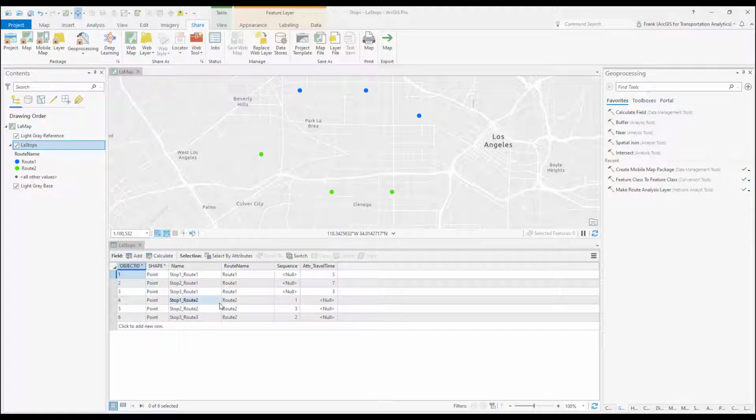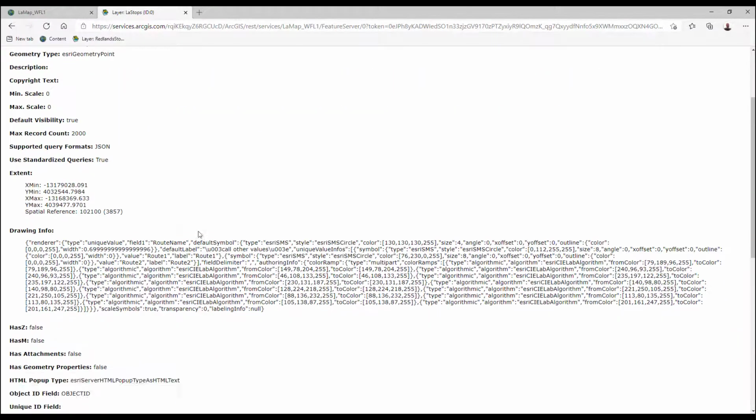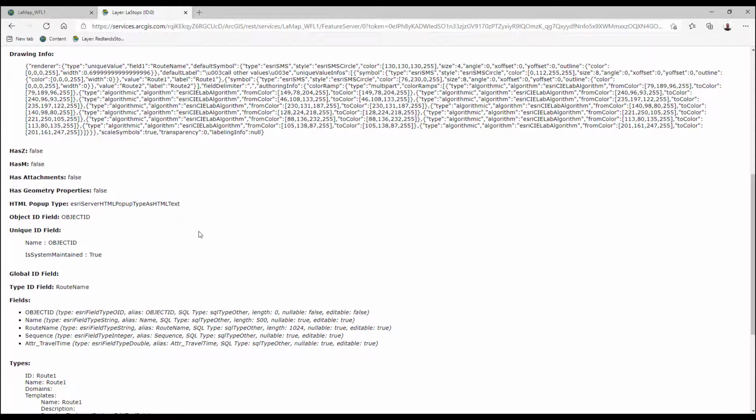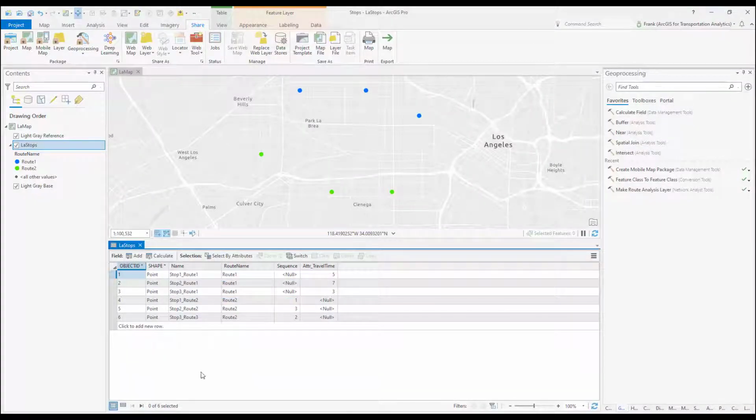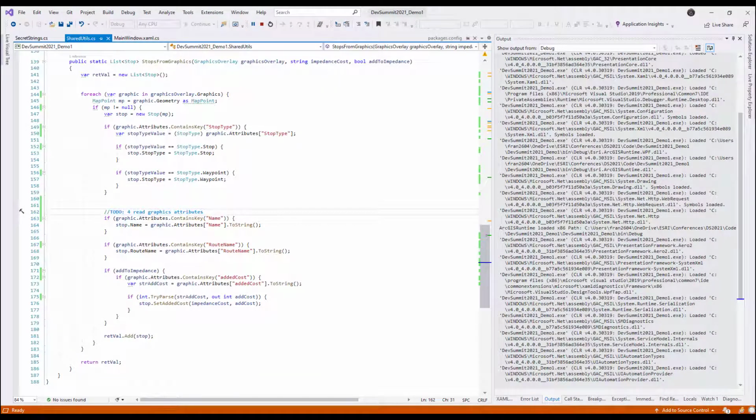I have taken this table and packaged it as a mobile map package and extracted out the geodatabase in there to use in one part of the example. And then I've also published this using the sharing web map tool, creating a feature service in our portal. So if we look here, this is the feature service that I created, which has similar attributes. So if we go to our code now, we can see